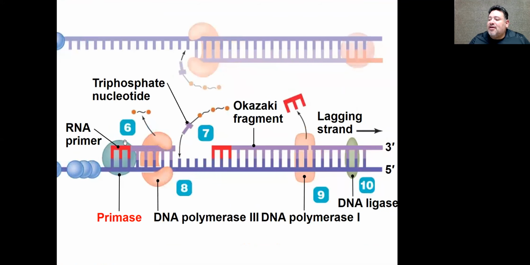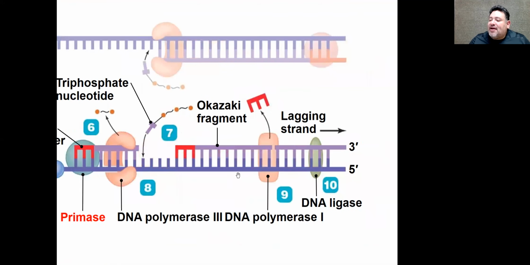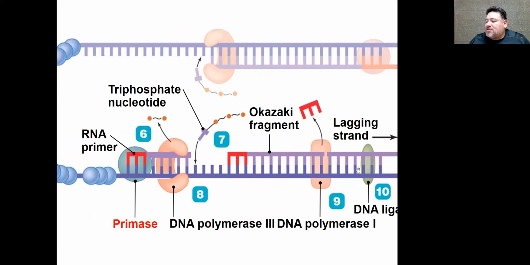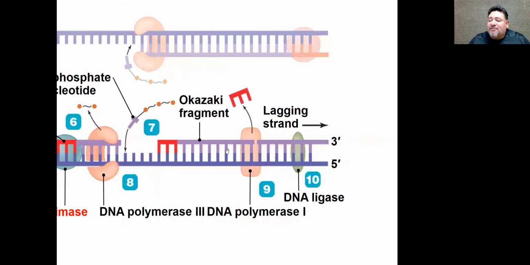So if you're noticing, on the lagging strand, we don't have one continuous piece of DNA. We have a whole bunch of small little pieces. Each little piece is called an Okazaki fragment. It's named after the Japanese scientists that discovered them, okay? And so in this illustration, you have 1, 2, 3 Okazaki fragments. And once they're formed,